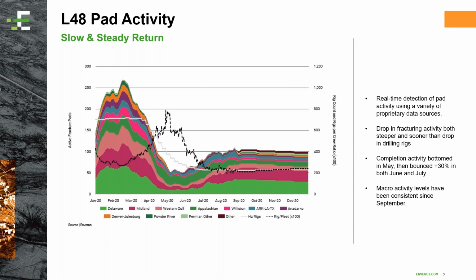And so what you get here is we're able to, in very real time, compare the number of frac crews out there to the number of horizontal drilling rigs out there, and look at that ratio. And what that ratio tells us is how inventory is changing, right? And so inventory becomes an important part of that picture.